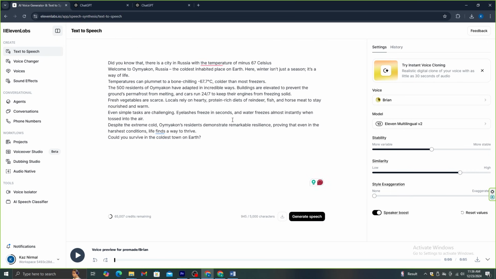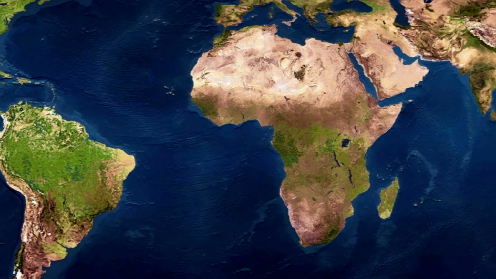Now, I'm going to use 11 Labs to make voiceovers for this script. You can select a suitable voice for this niche. It's up to you to do that part. Make sure to select a clear voice with a clear accent. After that, we need to gather some materials. The main thing we need is a map view of the whole world.